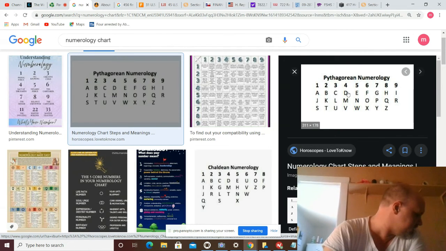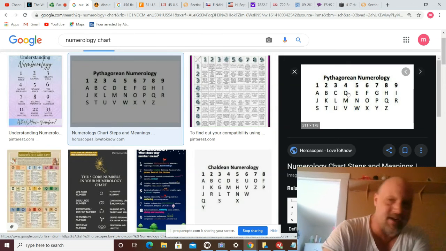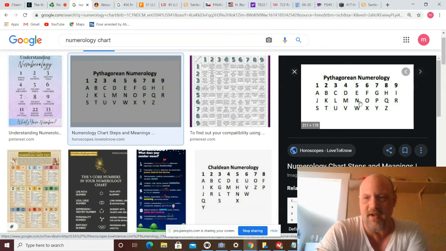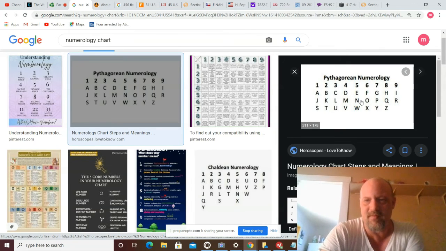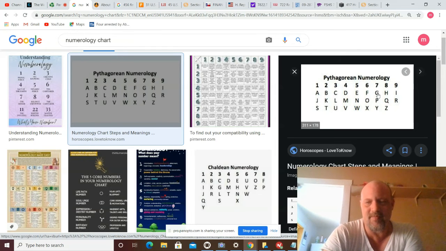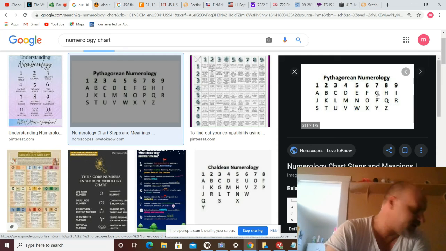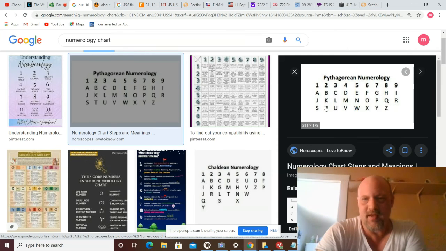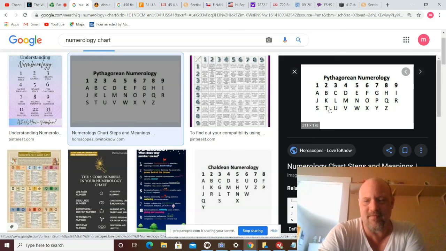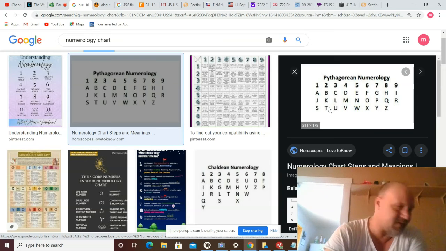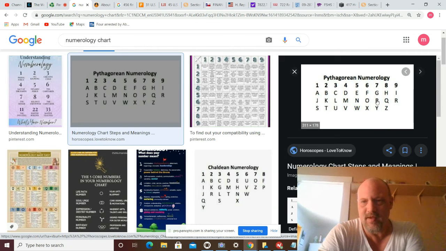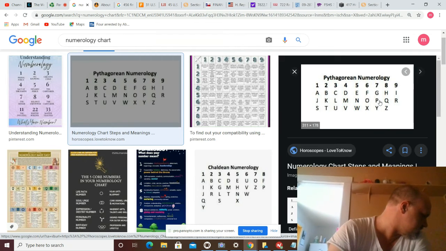Then N, it's 5, see, it's under 5. And then O is under 6, so it's 6. Then G here is 7. And then T, twice, is 2, right here. And then P is 7.